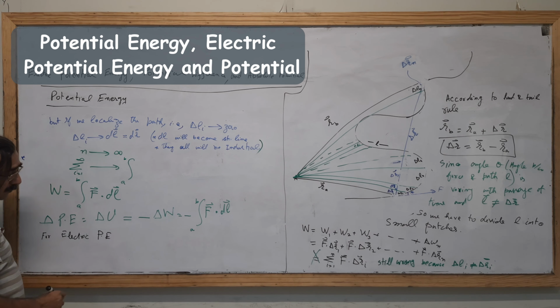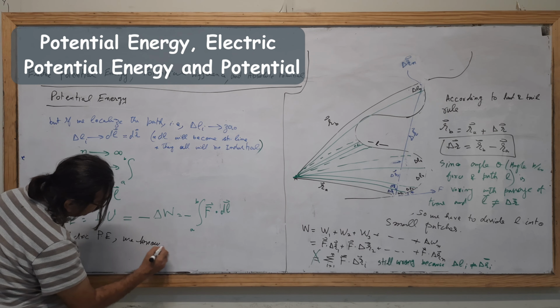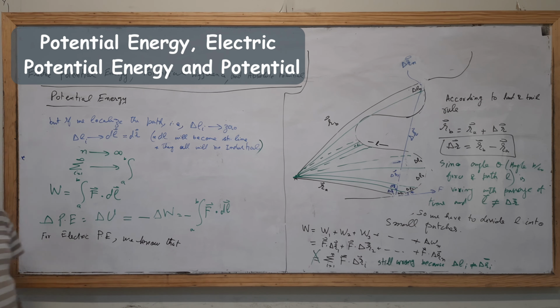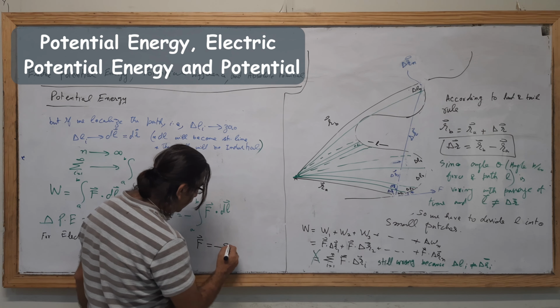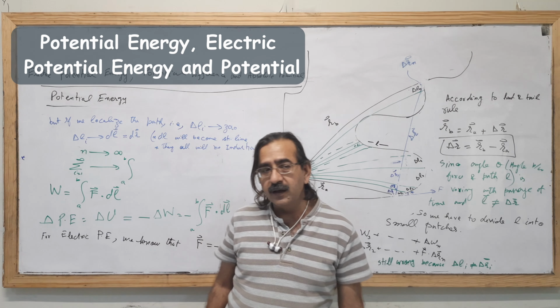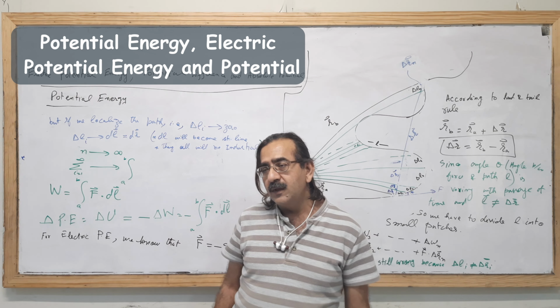But for electric potential energy, we have already proved that F is equal to minus QE. Why have I used the negative sign? The negative sign comes because